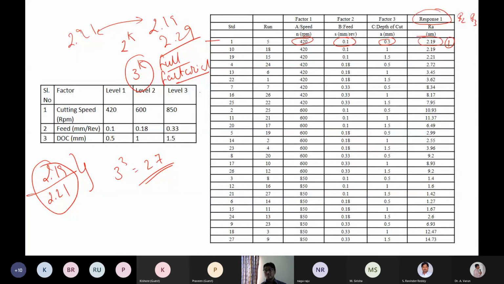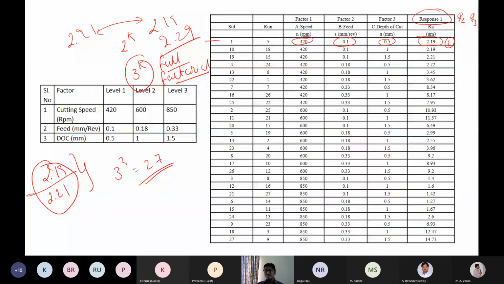Yes, it may be Taguchi. This is full factorial still. But when you go with Taguchi, this becomes the most impacting. When you go with Taguchi experimentation, 100% you need to do replications. Otherwise, people will never accept it, because there you're doing the least number of experiments, and in that least number of experiments, you should know that whatever you've done or whatever you're reporting should be right. So the importance of replications is even more there when compared to full factorial. Okay, so that is regarding the replications here.